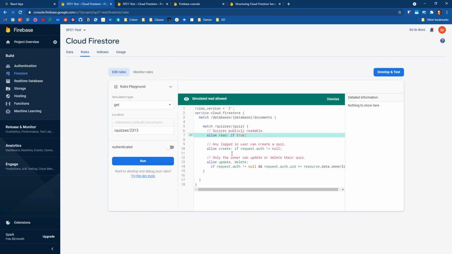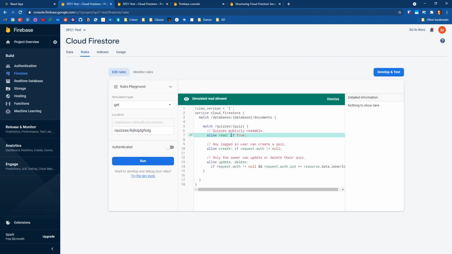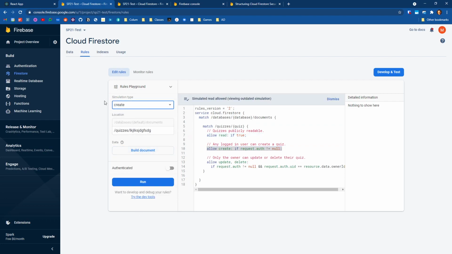So that's great. Looks like we can read any document that's in here. Doesn't matter what that ID is, we're always allowed to read it. And then we could look at the create operation. So when you switch over to create here, we've still got the same location, but now we have the ability